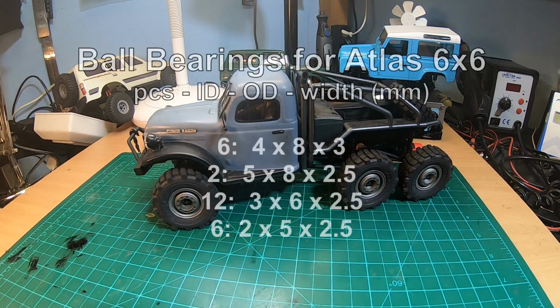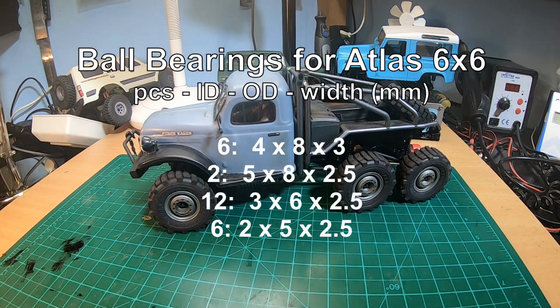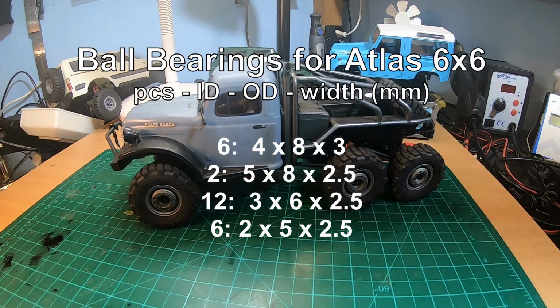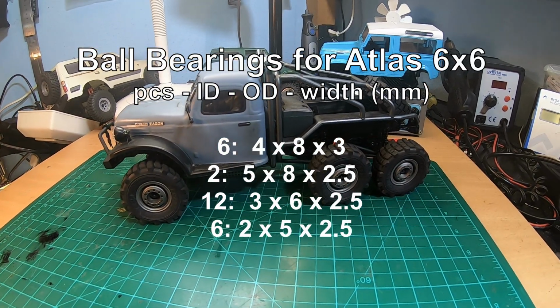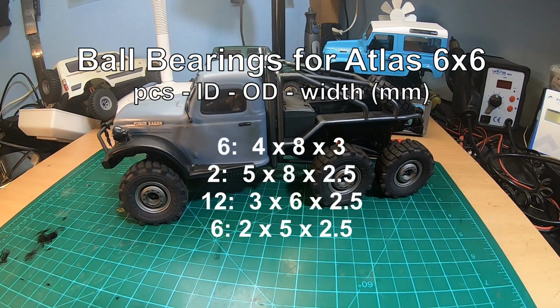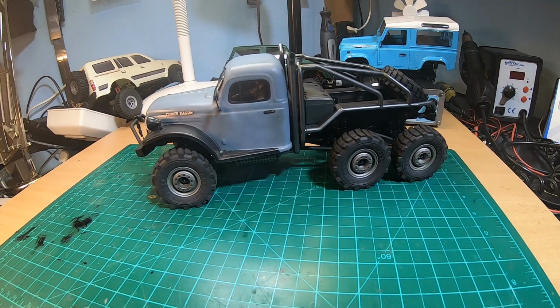You need 6 of the inner diameter 4 mm by 8 mm, and with 3 mm you need 2 small ones, 5 by 8 by 2.5, and you need 12 of 3 by 6 by 2.5 and 6 of 2 by 5 by 2.5. And as I told you in the previous video, when I disassembled the Atlas in the front axles,